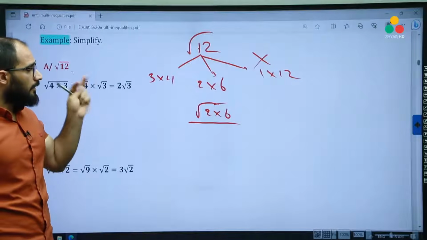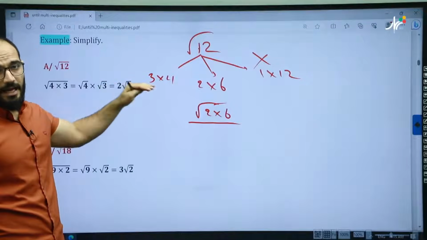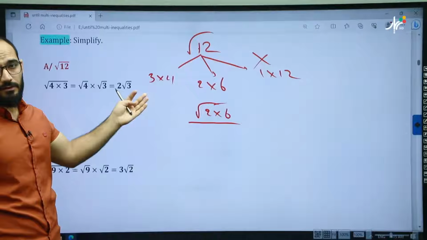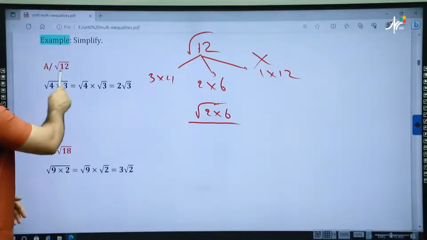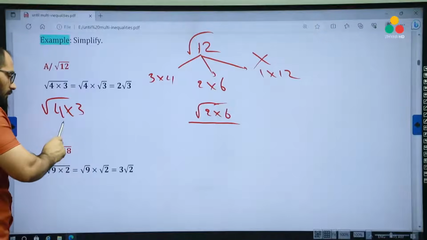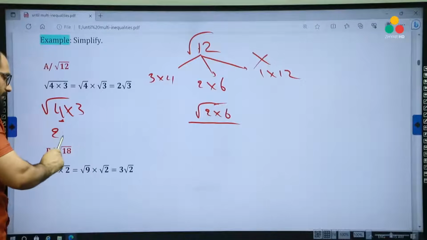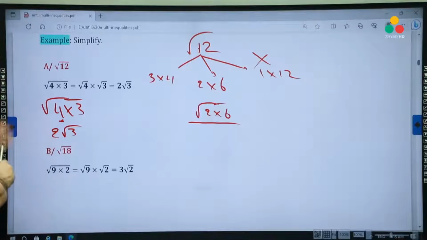Always we are going to choose the product, the factors, where one of them is a perfect square, has a square root. For example, 12 is going to be 4 times 3, the square root of 4 is 2, and 3 stays under the square root. For 18,